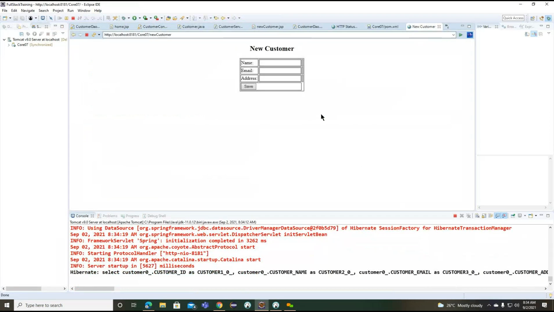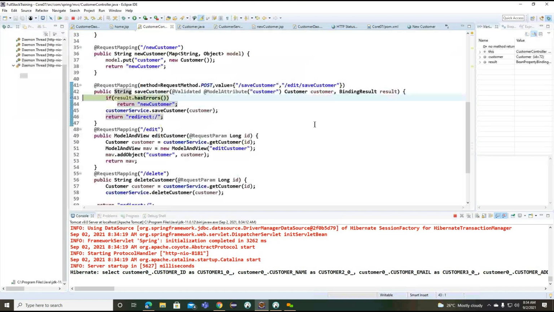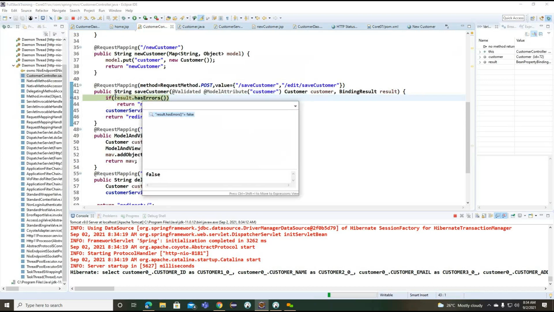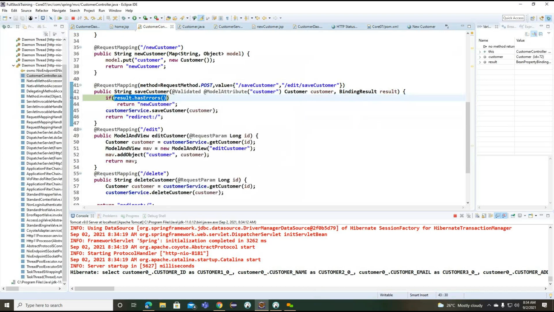So we are getting false. Binding result to model activator validated. Let me find out the version that we use. 410.